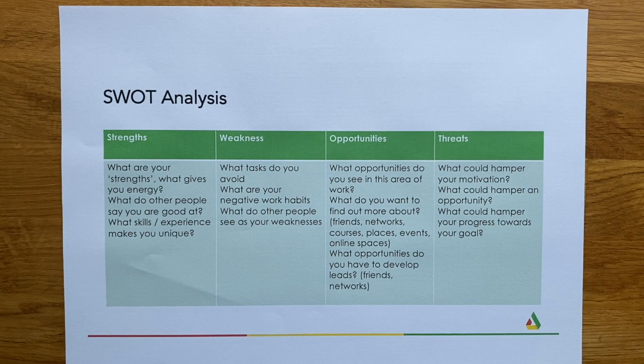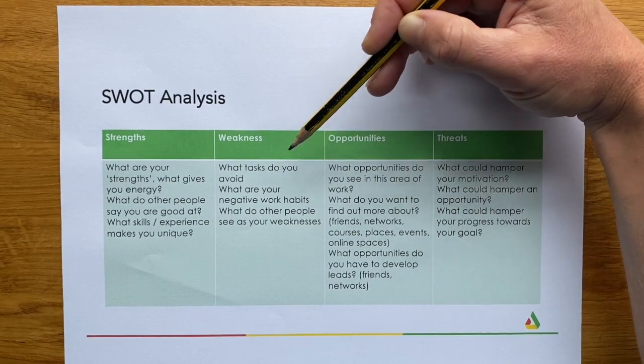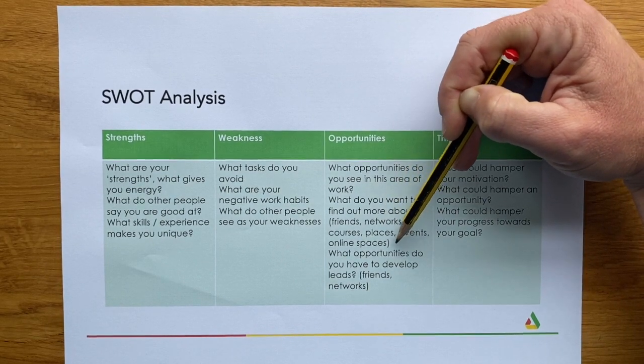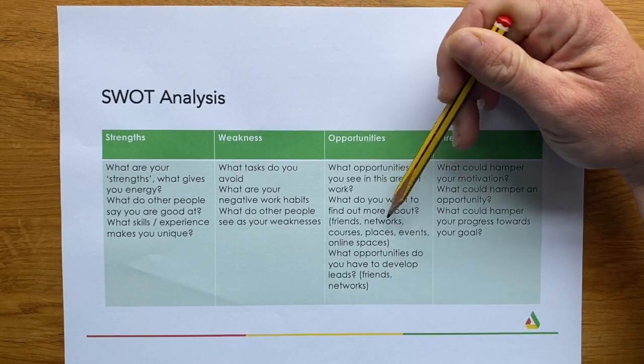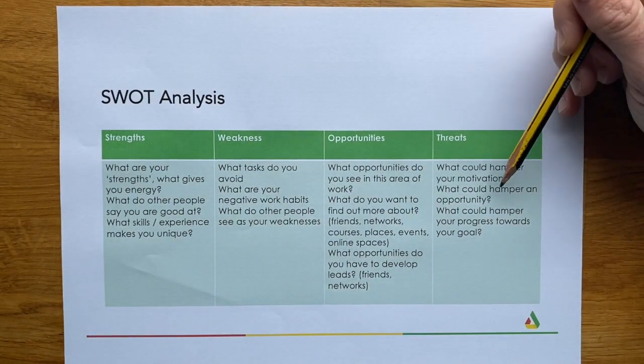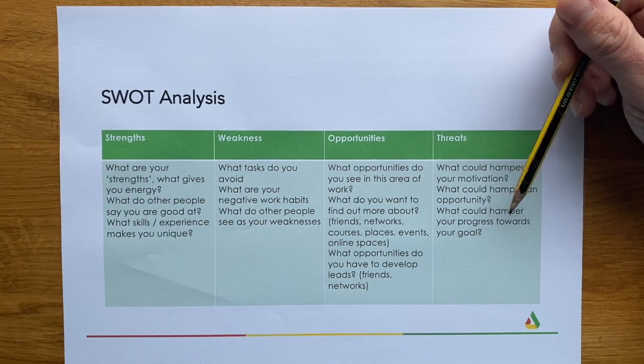And although what's written down in this SWOT analysis is quite generic, you'll want to apply this to your particular job role or area of work. So what strengths do you hold in relation to it? What weaknesses do you hold with regards to it? Like, where can you develop? What are the opportunities that you're aware of? So what networks, courses, places, online spaces could enable you to develop your strengths? And what threats do you notice with regards to it? What do you need to be aware of?